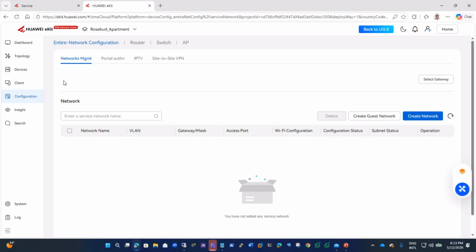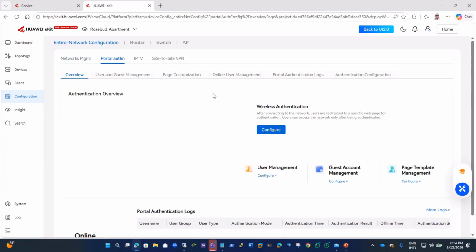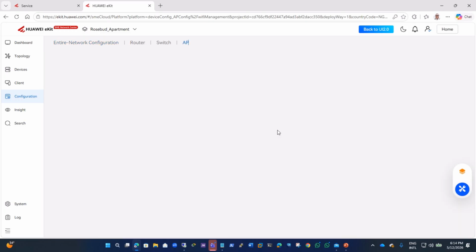Good. Now you see that there are 4 tabs here. There's management, there's portal authenticity, which actually stands for authentication. There's IPTV. So you go to portal authentication because that's what you want to create. You see wireless authentication: after connecting to the network, users are redirected to a specific web page for authentication. Users can access the network only after being authenticated, and that is the point. So if I click on it,